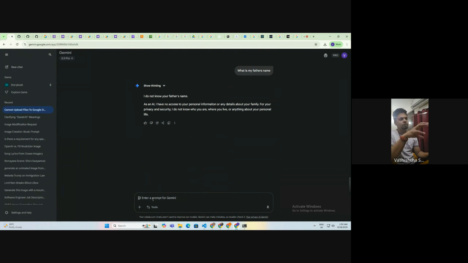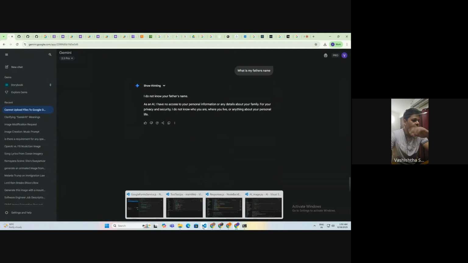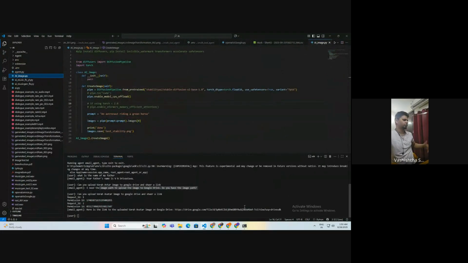So I can use the Gemini model and give it certain functions or certain tools through which it can be synthesized for my personal needs. So this is on UI. No, I was not able to create a UI on short notice. Basically, I don't want to, but I have an agent running here as well.